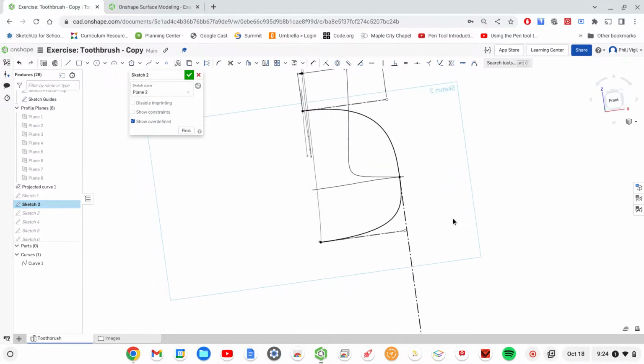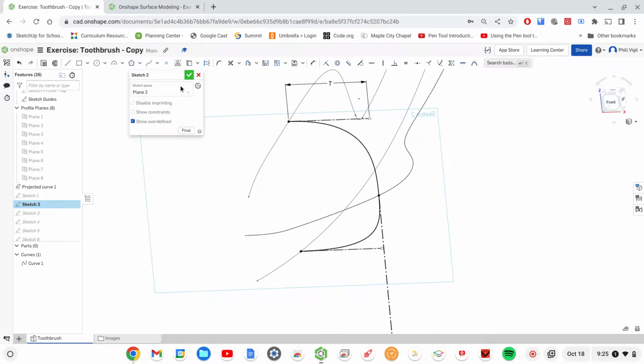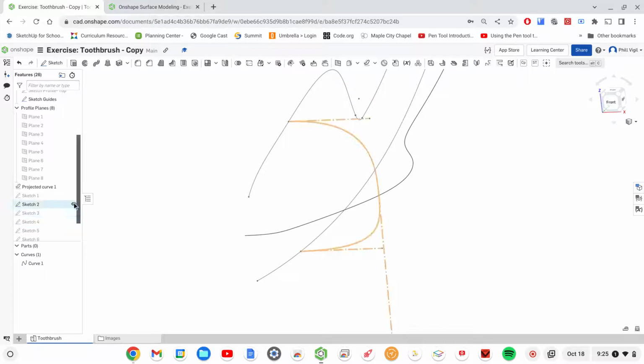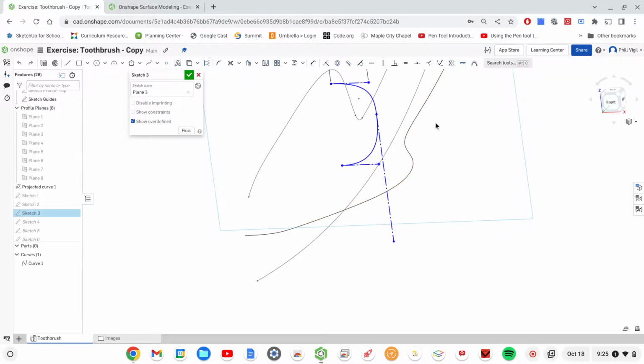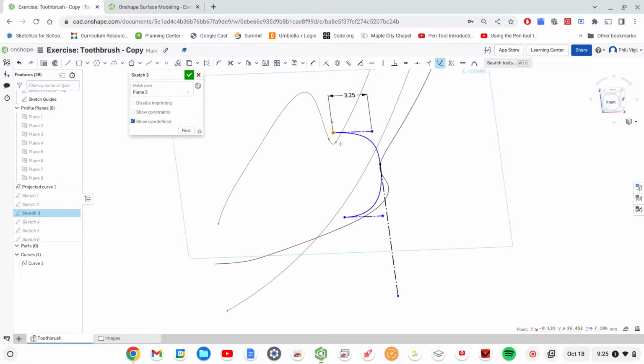Simple as that. We've done the second sketch. Click the check mark. You can go ahead and hide that one and then reveal, or just get inside sketch 3. That will make it visible. Same steps. Pierce relationship. Grab that middle point and attach it to the projected curve. Then for this one, we're actually in line with,